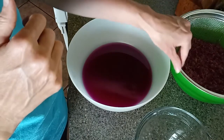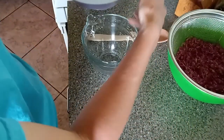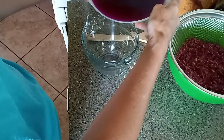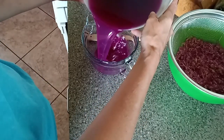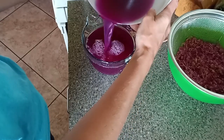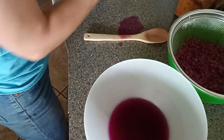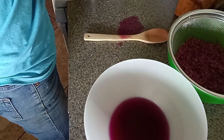Okay, so we've been letting this drain, and really quick before I take that one off, because I need somewhere to put that, I'm going to just measure. I'm going to spill on my counter. Make a really big mess. So there's 4 cups. Pour that